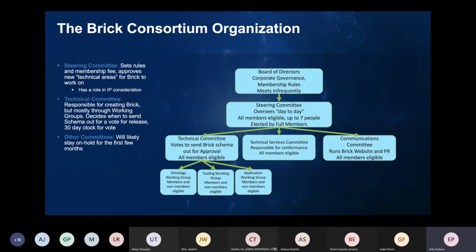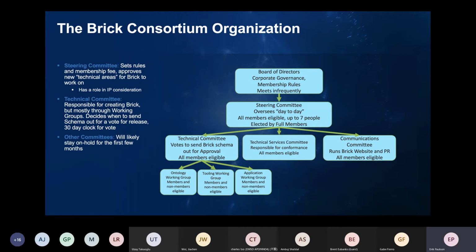There are two other committees that the membership agreement lays out. They're going to mostly be on hold for the beginning as we get going. There's a technical service committee that was envisioned as the conformance test. We're not ready to go on that, so it's sort of in hibernation for a while.